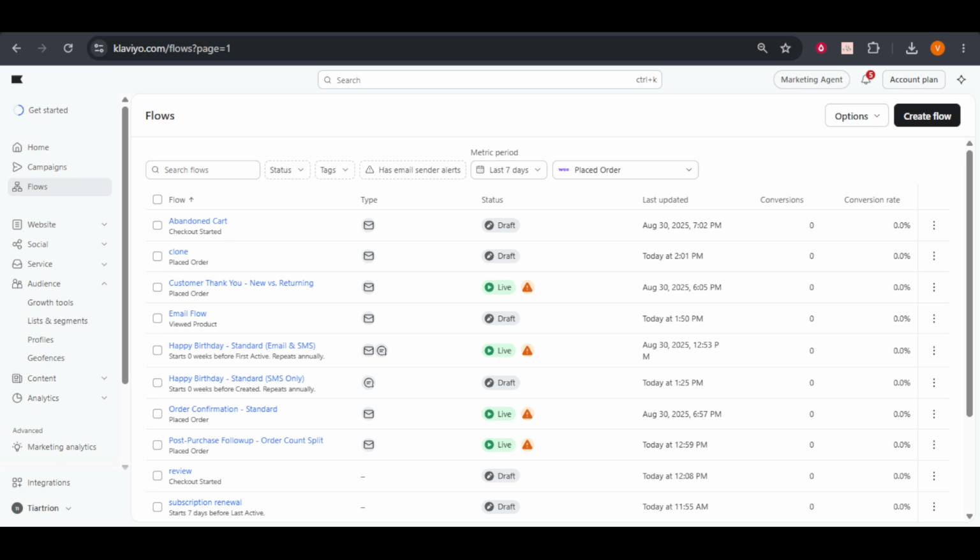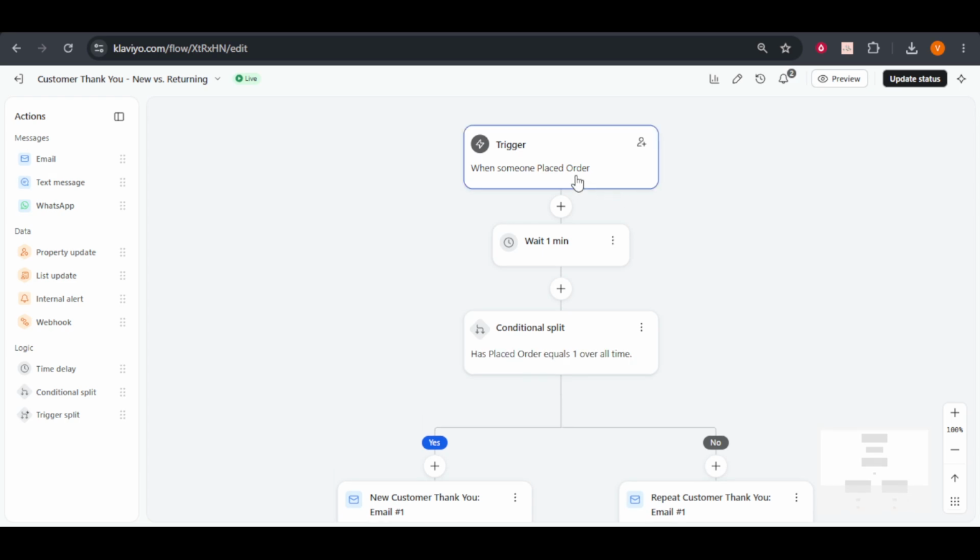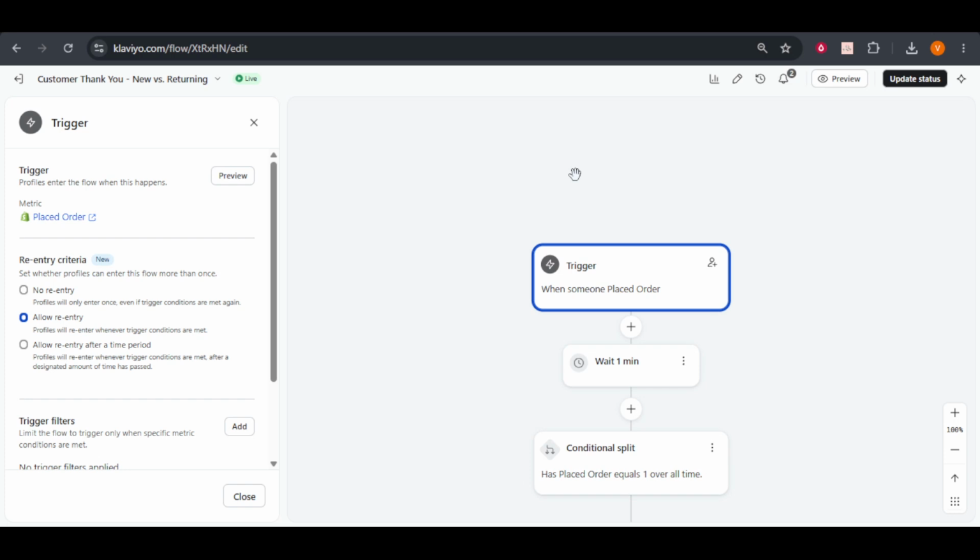Now, with your flow selected, we're going to focus on the trigger block. This block is the starting point of your flow and is typically located right at the very top of your timeline canvas layout workspace. Look for the trigger block, it's hard to miss, as it usually stands out with its unique icon and position. By clicking directly on this trigger block, you're setting the stage to incorporate those historical profiles